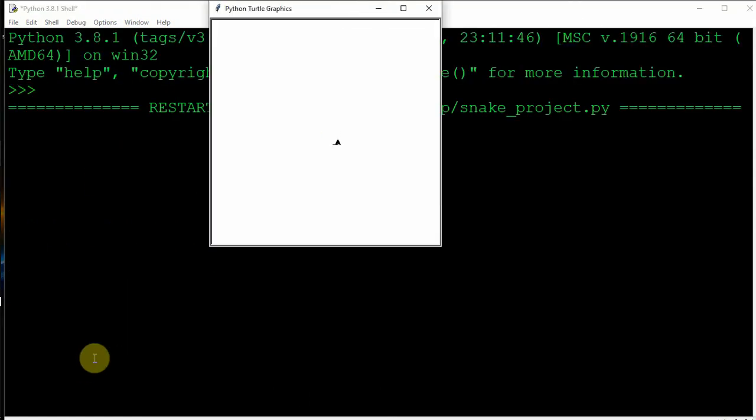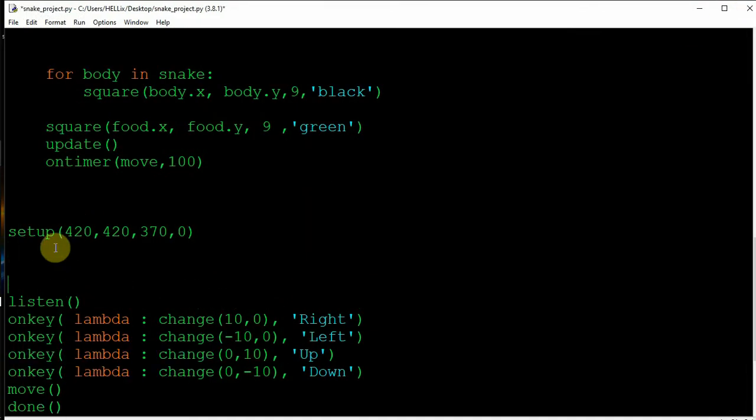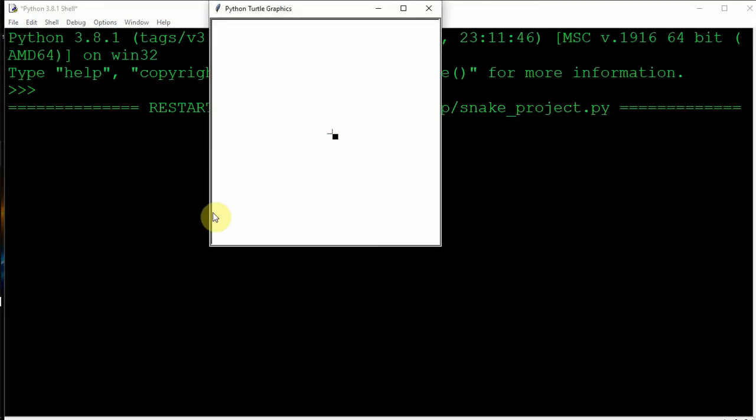So see, okay, we have two issues right now. First is we are seeing the arrow, and second is it is being traced, right? But if you see, I'm pressing keys, so you can see the locations are being changed. So for that I need to work. We have two more functions for it. The first one is hide turtle. If you write hide turtle, you won't see the arrow. If I press space and F5, so see, no arrow is over there, and it's being traced.